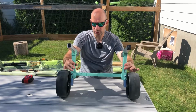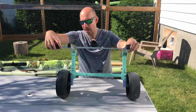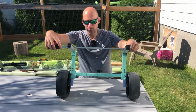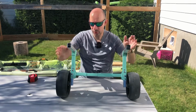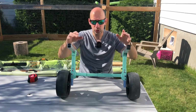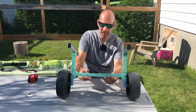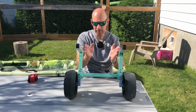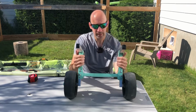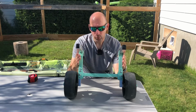So let's look at the dimensions. This is fully wide open, so this is the widest. The widest is about 16.25 inches. So you have to think about your kayak, where the grooves are in your kayak, and if you can adjust it to fit those grooves. Mine is a tunnel hull design. So if I want to adjust it, actually I would need a little bit more adjustment and bring it a little bit closer. So right about there. Unfortunately it doesn't fit my Catch Mode 110, but I made an adapter, and I'll show you guys some